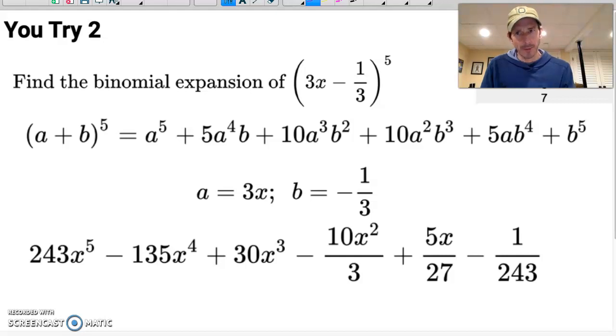All right, I backed up. I know this is video 2 for binomial expansion. I backed up to the example. I just wanted to again point out this minus goes with the 1/3. So even though this is just the generic expansion using the 1, 5, 10, 10, 5, 1 and putting the